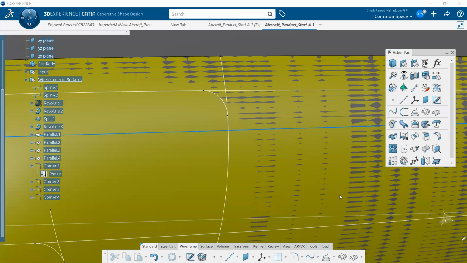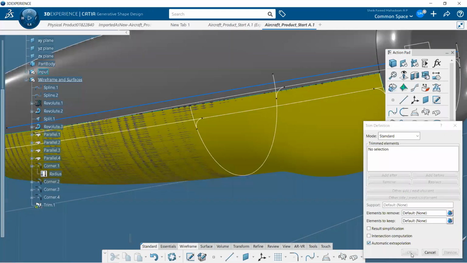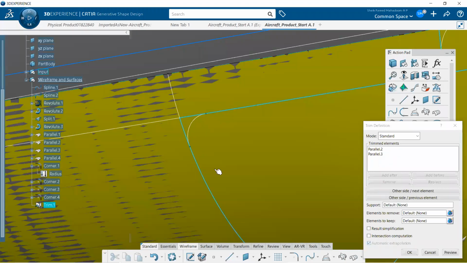Okay, first make this curve. And then trim this entire curve with this. I need the solution like this, a smooth corner over here. So I'm just making it like this. Click okay.